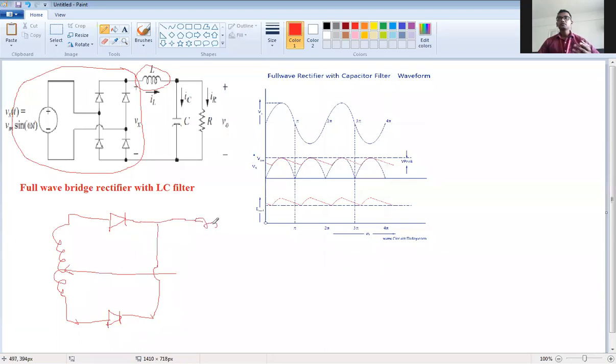Then here, this is series inductor, this is parallel capacitor. Yes, this is it. This is the circuit of center tap full wave rectifier.